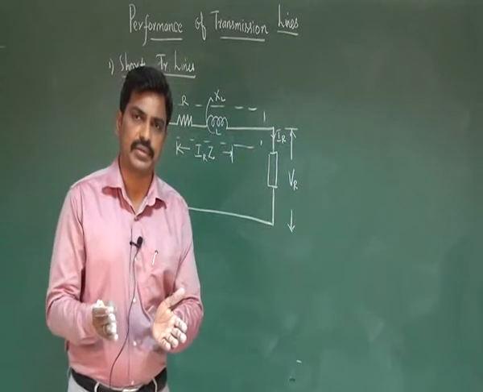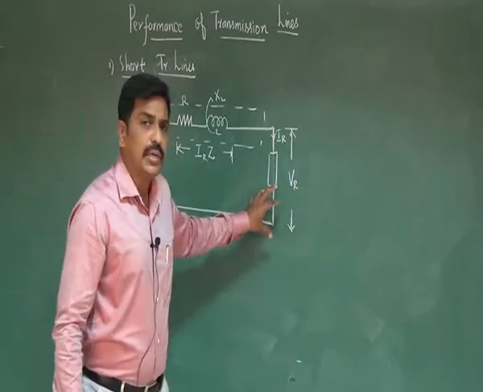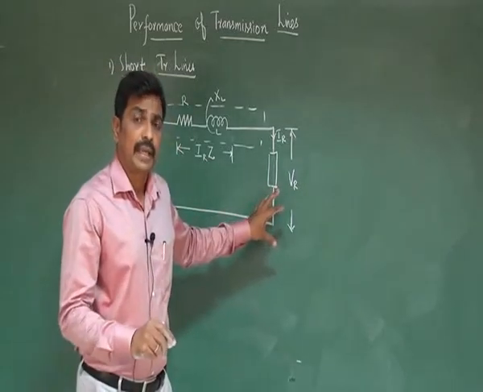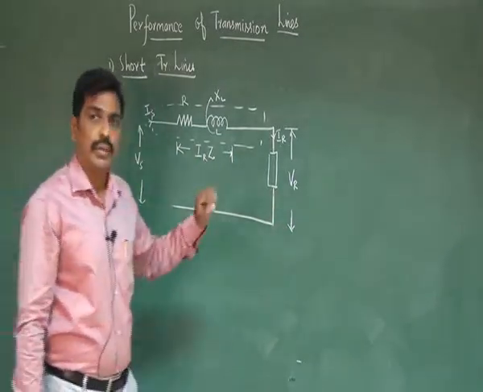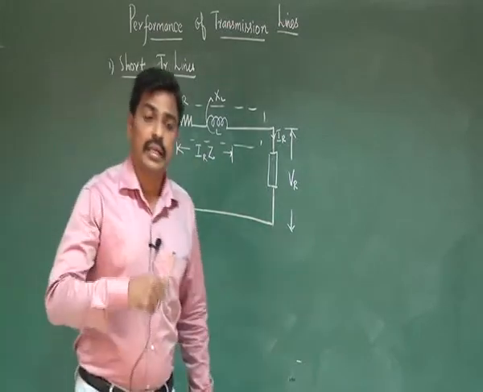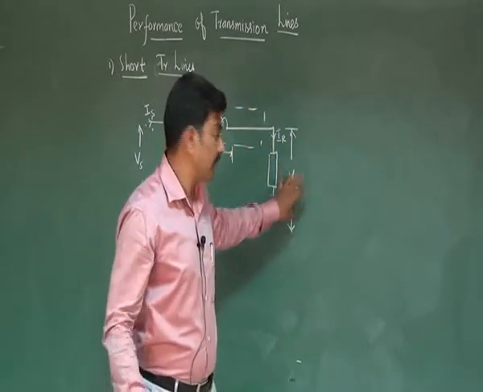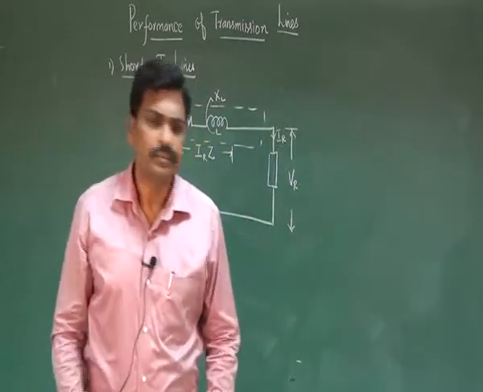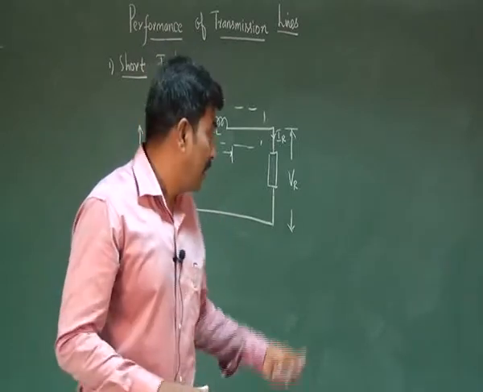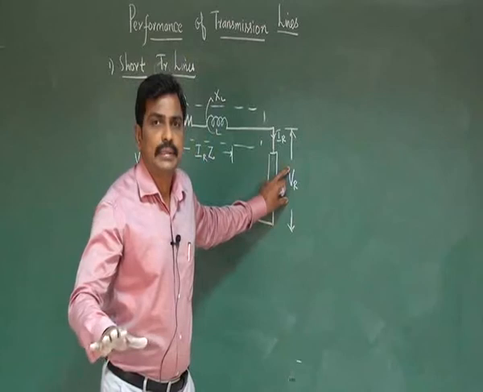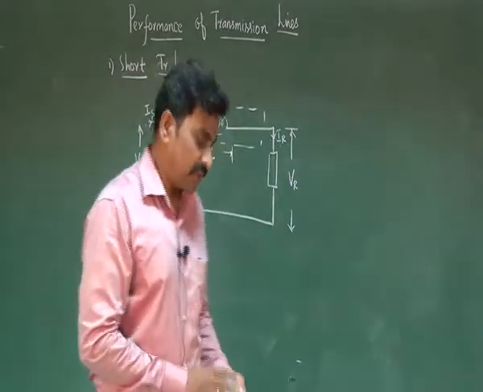To construct any vectorial representation, we need to have a reference vector. You can consider Vs as reference vector, or you can consider Is as reference vector. It may be selected from the receiving end parameters also. Vr can be easily selected as reference vector, or Ir also can be selected. So out of the available 4 parameters, I would always advise selecting Vr. Selecting Vr as reference vector is the best way to approach vectorial representation methods.